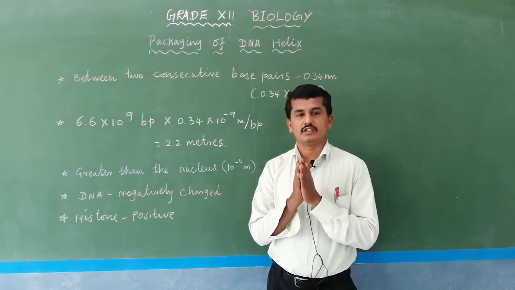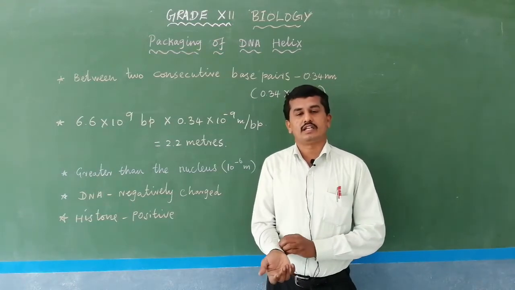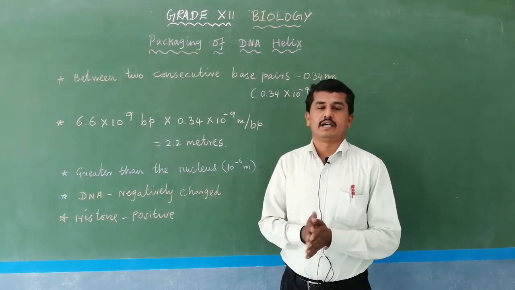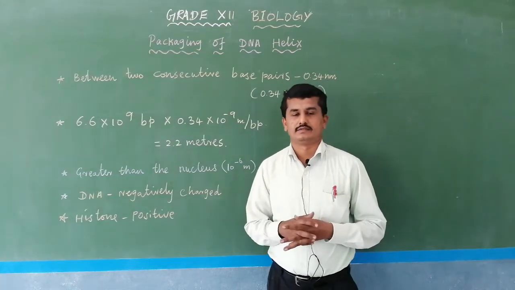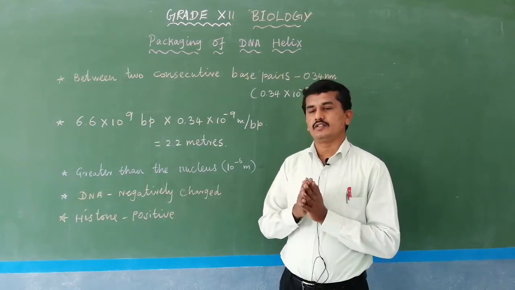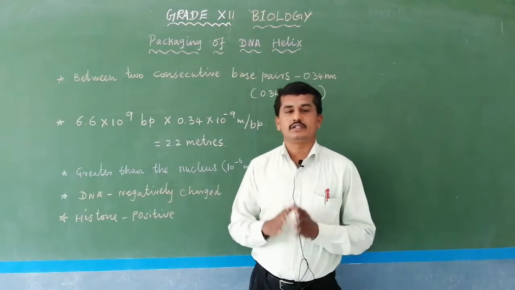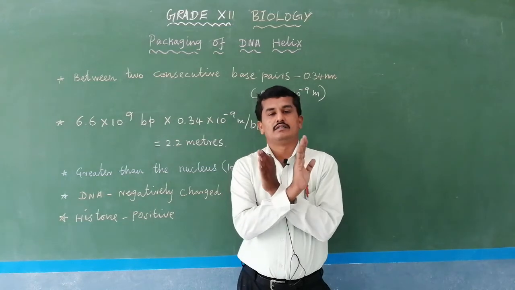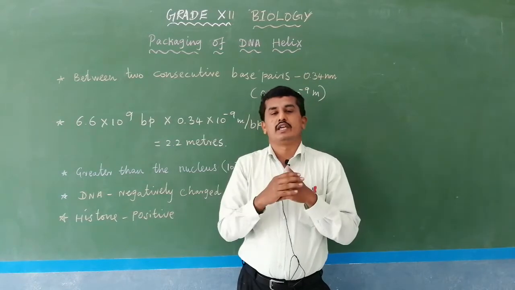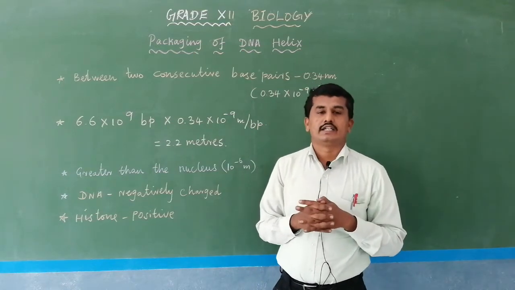Normally DNA was discovered by Watson and Crick, we know. James Watson and Francis Crick used the X-ray diffraction data from Maurice Wilkins and Rosalind Franklin. So how is DNA packaged? We know DNA is a long polynucleotide chain. Two polynucleotide chains are arranged in anti-parallel directions, with 36° between each base pair, rotating 360 degrees once in a right-handed direction.